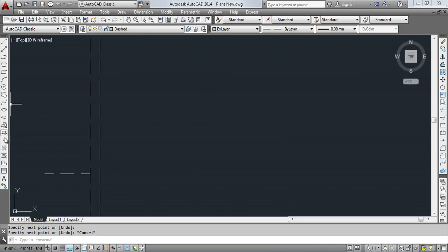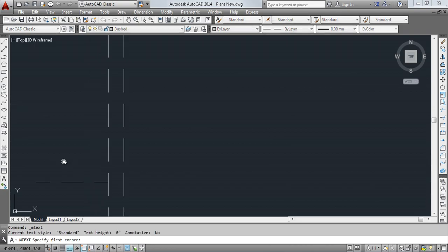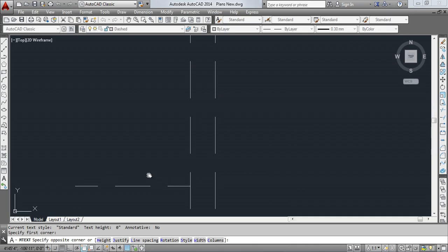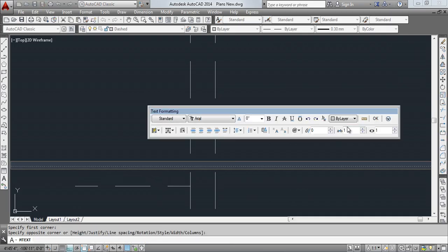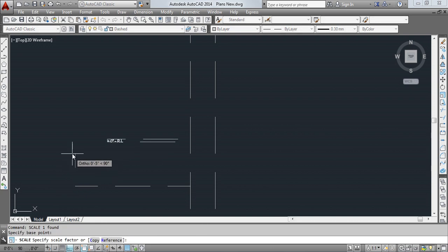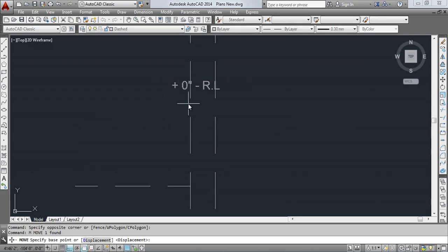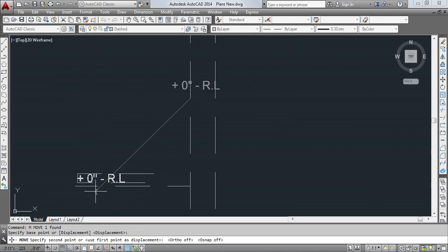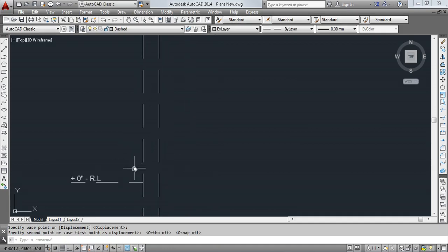road level here. So I'm going to write here road level. This is going to be our standard reference from where we have to start. 0. I'm going to write plus minus 0 inches. So this is going to be the road level. It's very small. Let me increase its size a little bit by using the scale command. It looks fine. So this is going to be the road level here now,